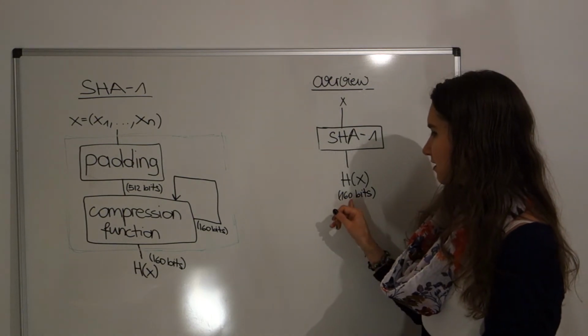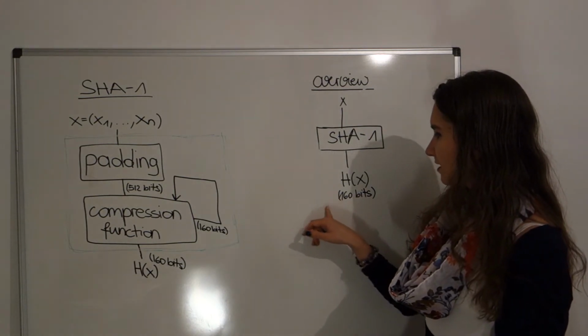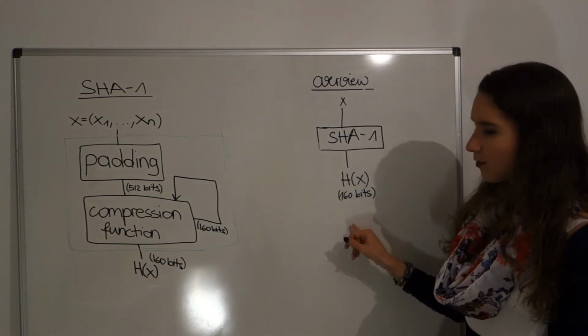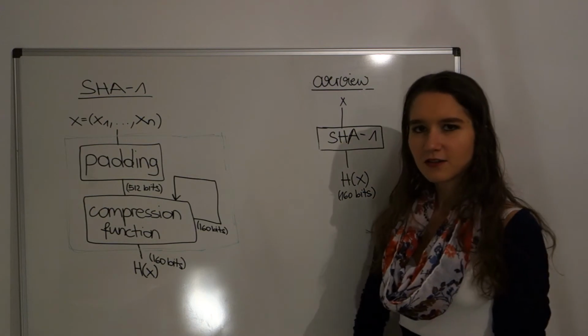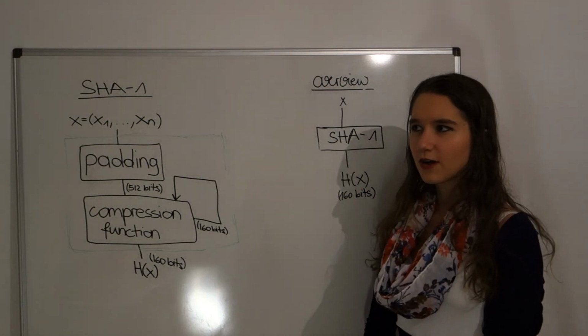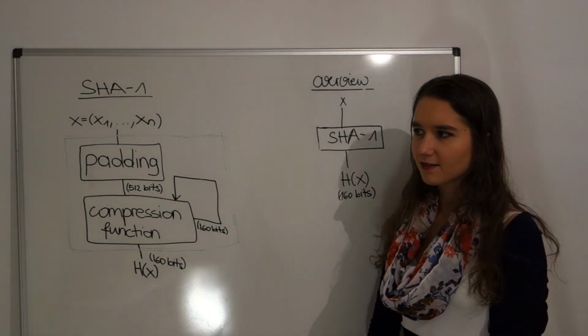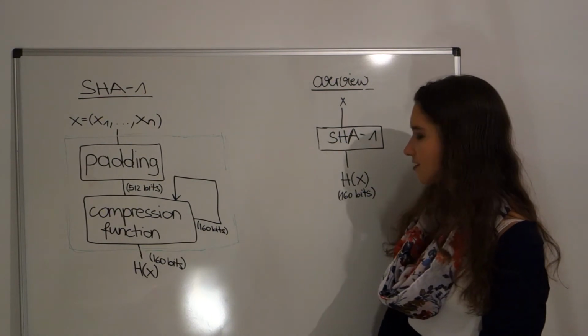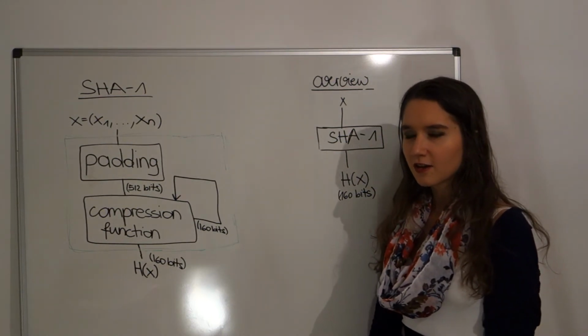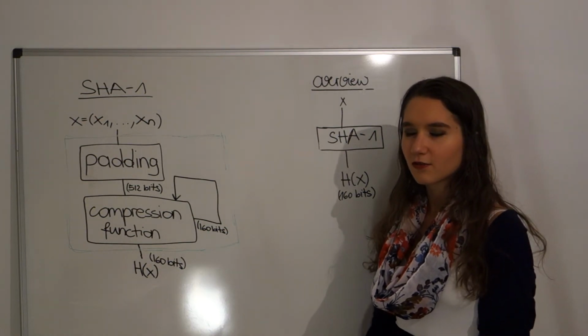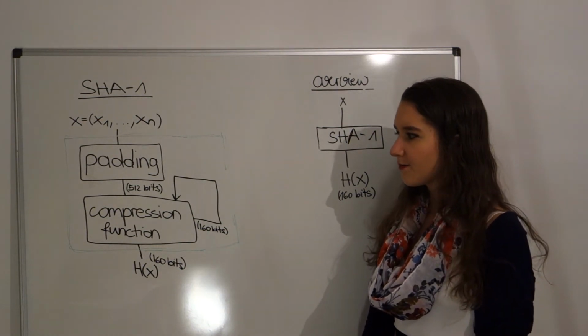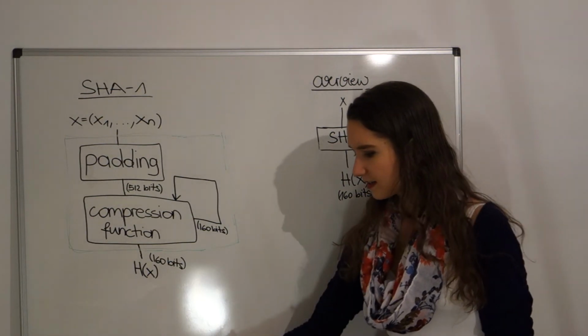That's because we want it to be very easy to do following calculations with this output. But the hash is used to verify that some message is really this message. So there should be no collisions, meaning that